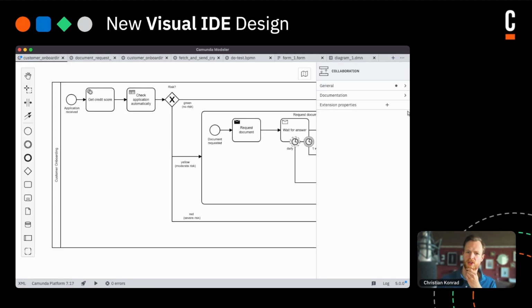Some of you may be asking yourself, where's the toolbar gone? We decided to remove the toolbar to give the modeling canvas more space. Previous toolbar actions are now in new spaces, in context menus right where they are needed. If you have developed or are maintaining a Modeler plugin that uses the toolbar endpoint, don't worry, you can easily migrate them. We have new exciting endpoints where you can place your custom UI control, the status bar and the tab bar. There is a blog post that describes the easy procedure to migrate your plugins to Modeler 5.